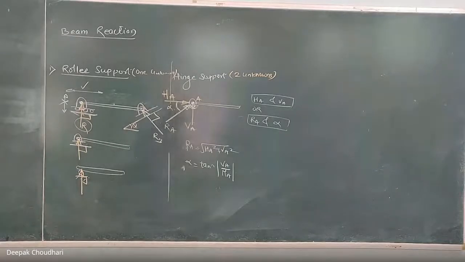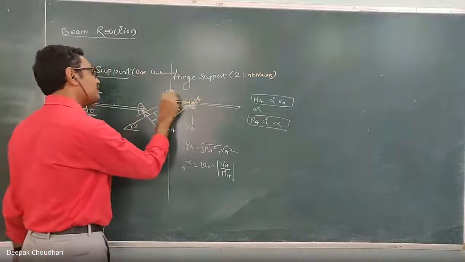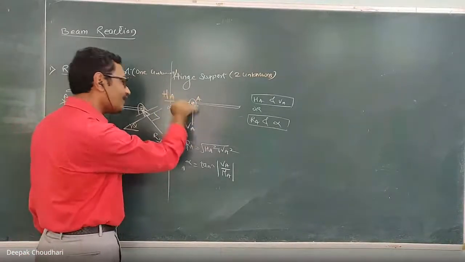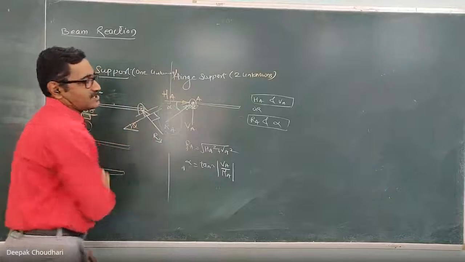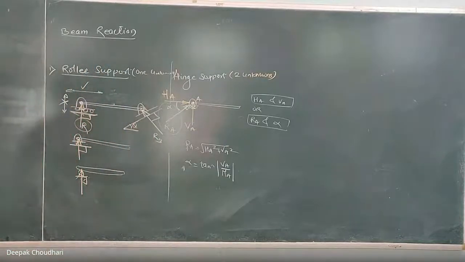Here, so whenever it is asked to calculate the reaction at hinge, first calculate HA and VA, and after calculation of HA and VA, calculate the resultant reaction at the end. Understood? So at the hinge support, how many unknowns are there? There are 2 unknowns, horizontal and vertical component of reaction, or